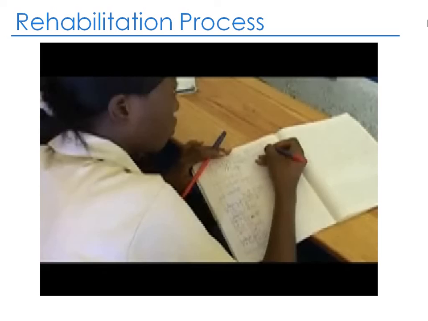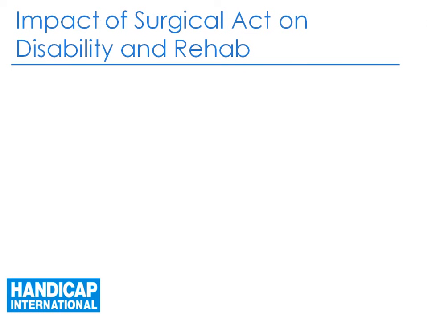But I wanted to show and insist more on the physical part of rehabilitation, because that's where the surgical act, the amputation, really has an impact. Cutting a limb, and the way we cut a limb, will impact how much function the person will recover, and how much function the person recovers will influence what level of disability she will face. The better function she recovers, the less disability she will face.